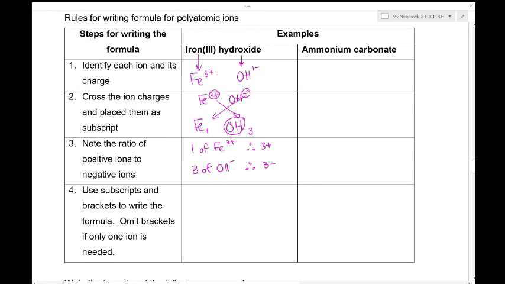Step 4 tells us to use subscript and brackets to write the formula. Omit bracket if only 1 ion is needed. So let's put that together now. So here we have Fe, and ignore the 1,